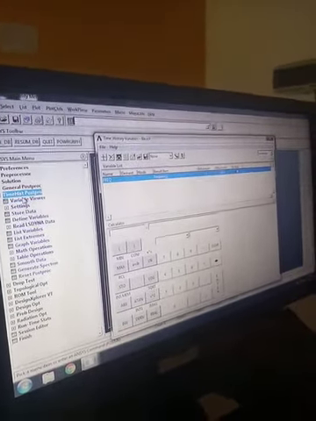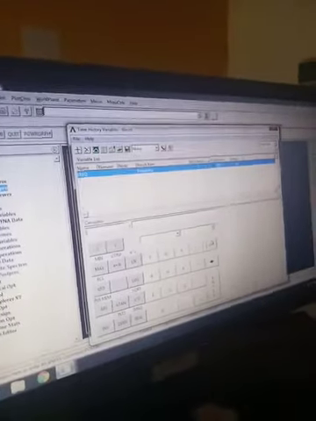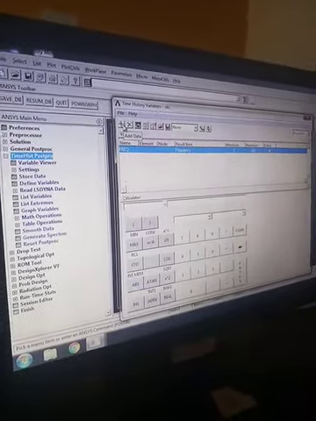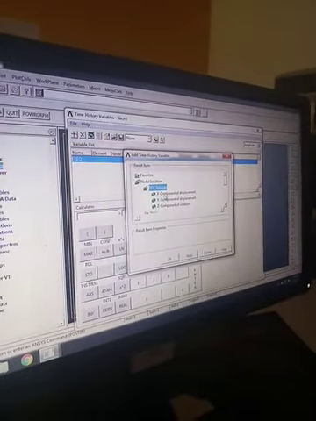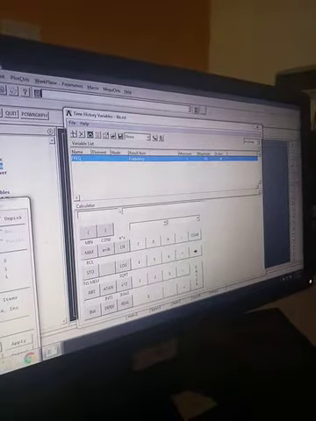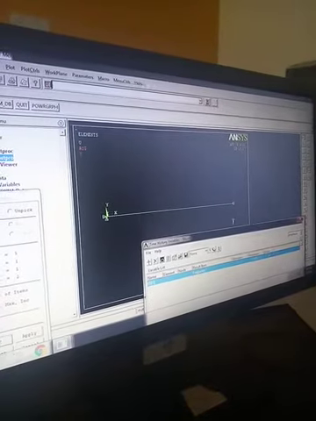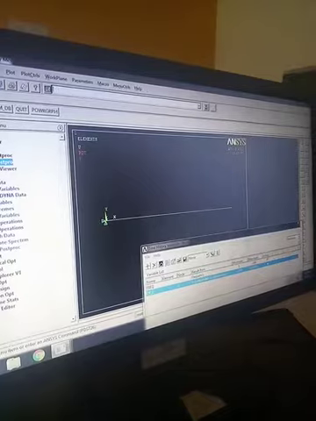After the solution is done, you will go for Time History Postprocessor. After clicking the Time History Postprocessor, you should get this one. If you are not getting this, then you should solve the question. Until then, you will not get this. First you have to solve the question. Go for Solve and give Current LS, then only you will get this. Go for Add DOF Solution. Then you select the Y component. You give OK. Since the Y component is here, I am selecting the second node and giving OK.